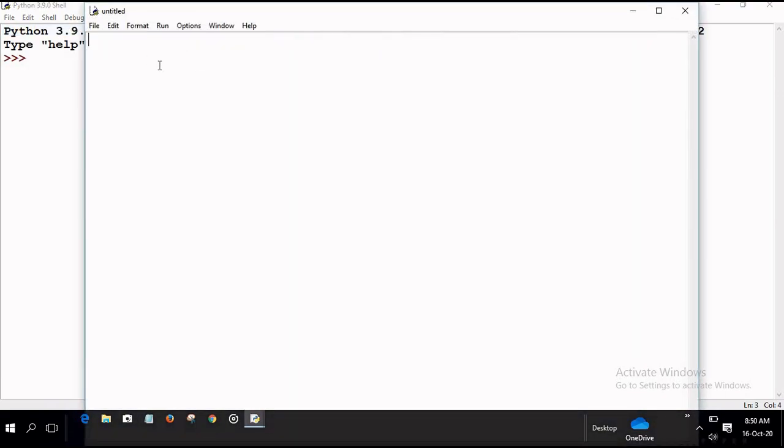Here you can write your program, like I am writing print, open parenthesis, double quote, welcome to the Python programming language.